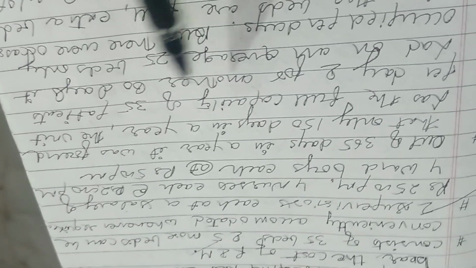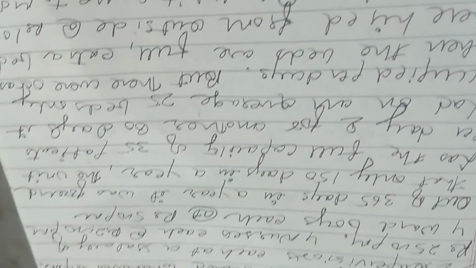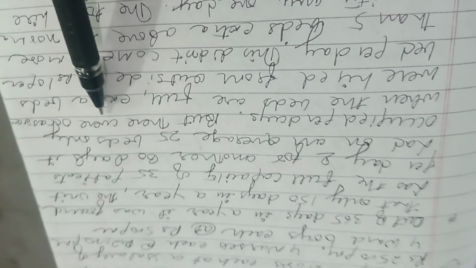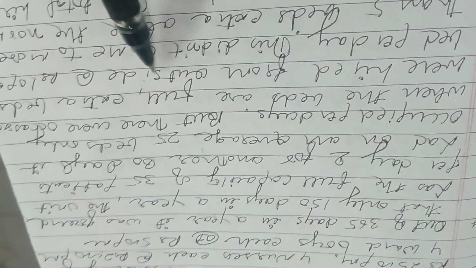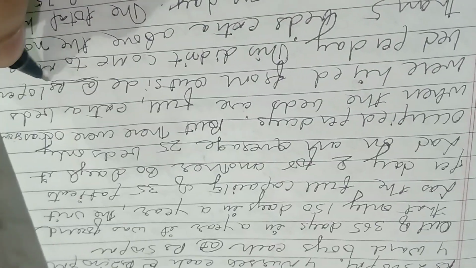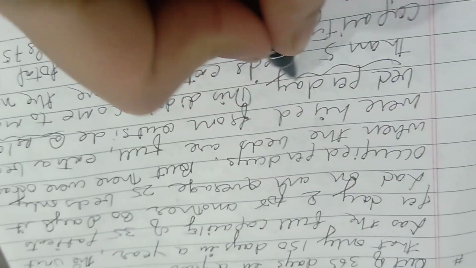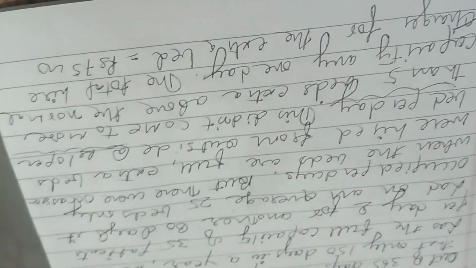Occupied per day. So the next sentence is saying that for another 80 days, it had on an average 25 beds only occupied per day, but there were occasions when the beds were full, and extra beds were hired from outside, and the rate is rupees 10 per bed per day. That means again it is a running item. Higher charges for extra beds whenever it is required. So they are taking the bed at the rate of rupees 10 per bed per day.